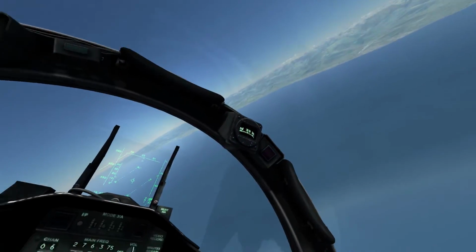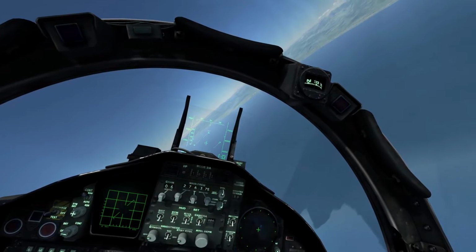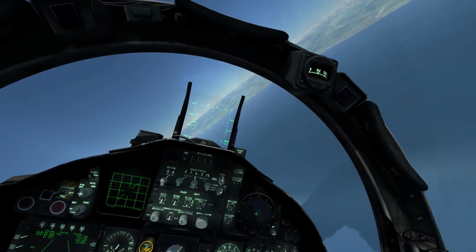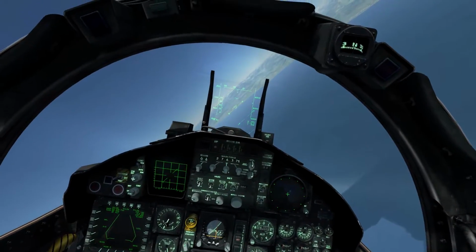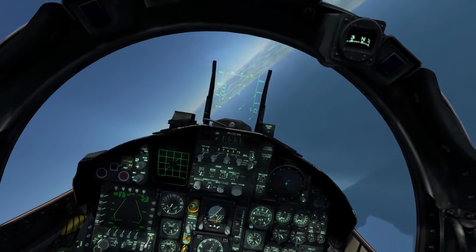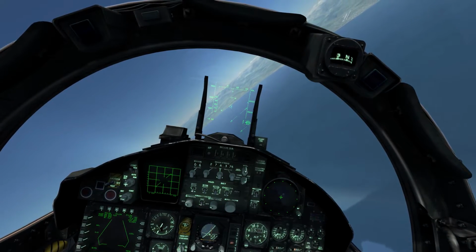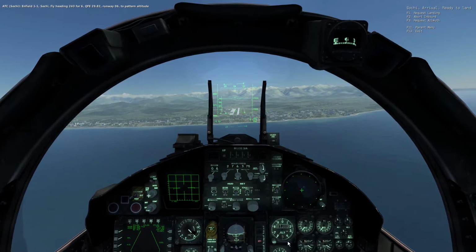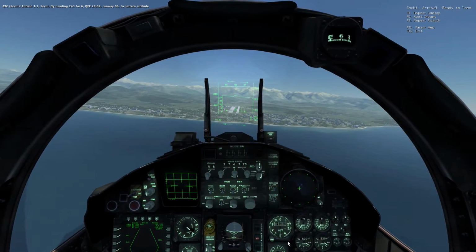Somehow. Bringing the F-15 back down to Earth is nearly as easy as it is getting off the ground. To start with, begin a shallow, negative 10-degree descent and contact ATC to tell them that you're inbound. When they acknowledge you, extend your air brake and begin turning towards the runway. Once ATC have confirmed visual, request a landing, lower your gear and flaps and keep your airspeed to around 200